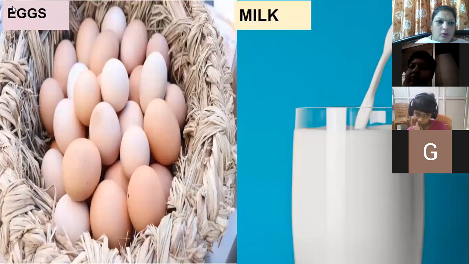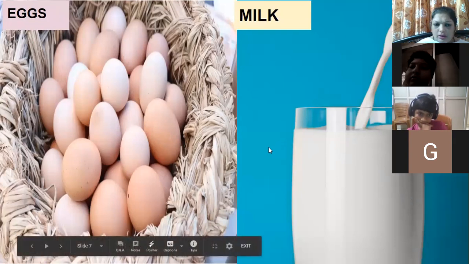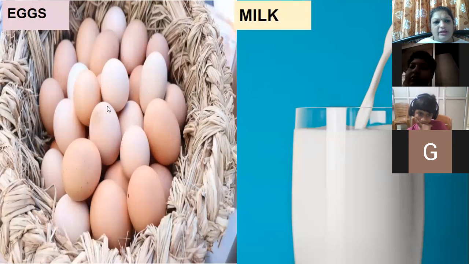Another example, poultry. Now what comes in poultry? Your poultry farming, or we can say the poultry business. What do we get? Eggs, where hens are reared. That is known as poultry. You can see the hens, they are reared for the eggs. Now these eggs and this milk need to be preserved, because where you stay, the eggs which you are getting are not produced over there, they are transported. So in transportation, they need to be protected and preserved.